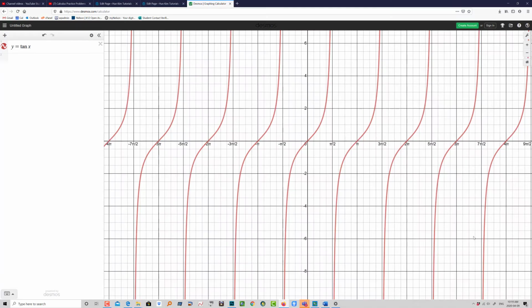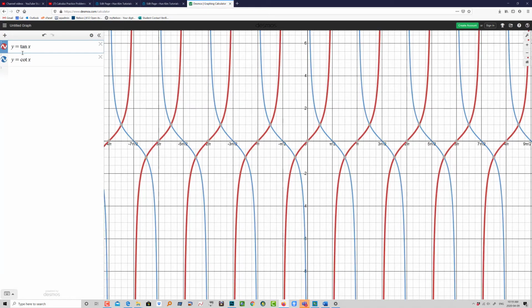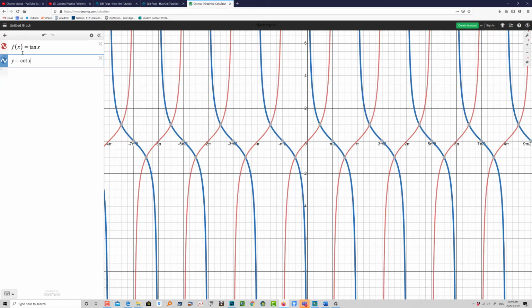Now let's focus on cotangent and tan. They're connected. You can see here on Desmos, y equals tan x is this graph that shoots up with a vertical asymptote of pi over 2. If I type in y equals cotangent x, it looks kind of similar, but it's going down instead of shooting up. Now notice how y equals tan x, if I make it into an f of x function, in order to hide this cotangent graph,